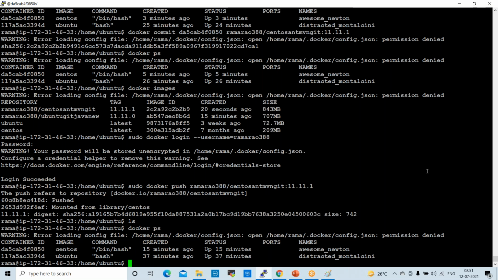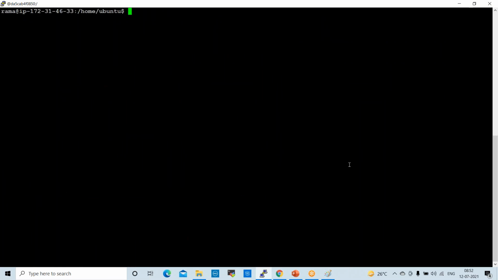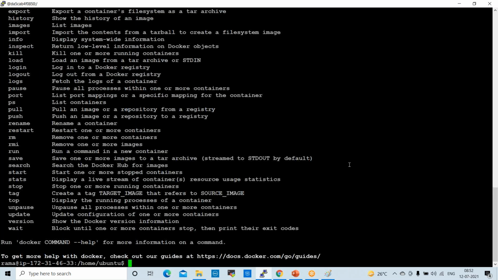One command is there: docker exec. For example, I want to log in again. Docker ps.